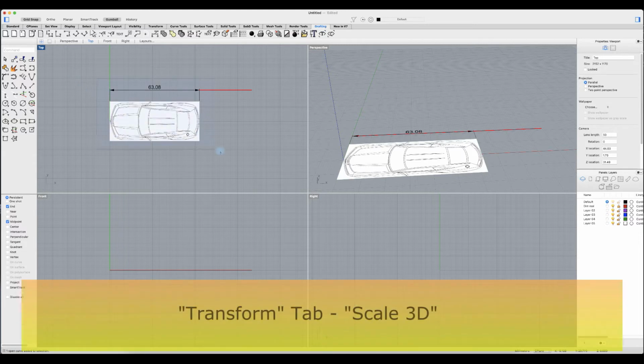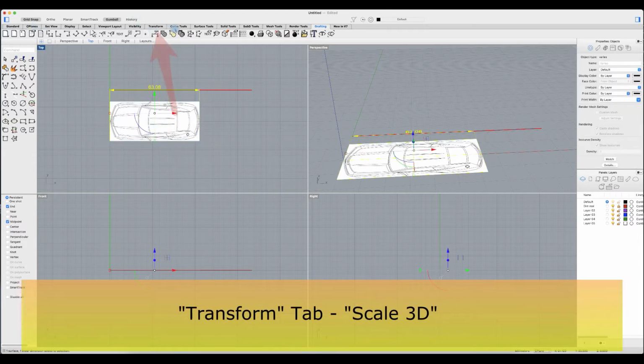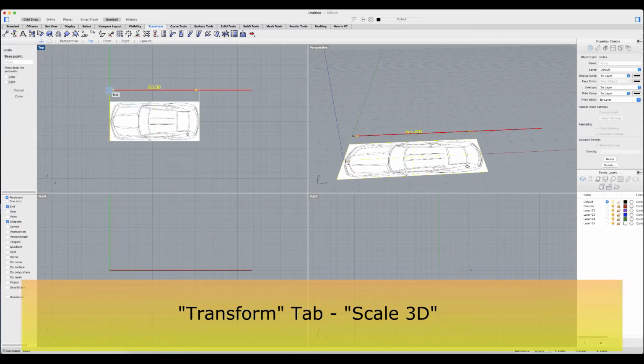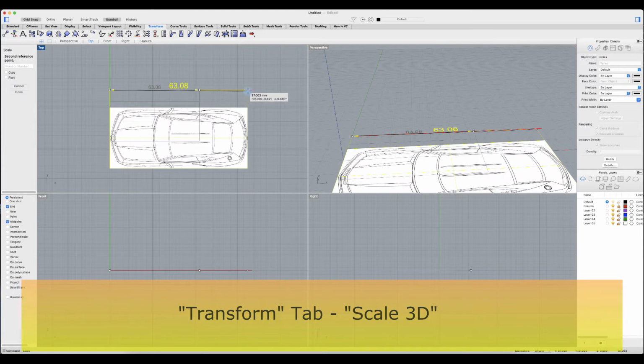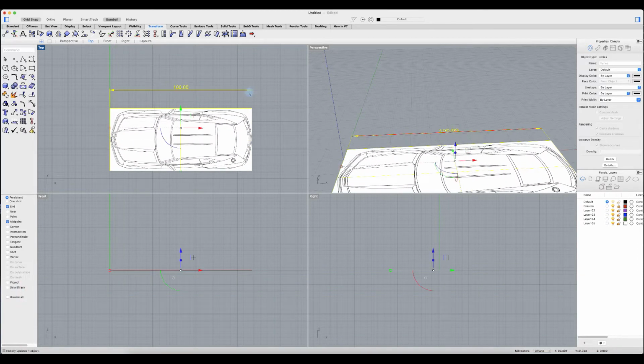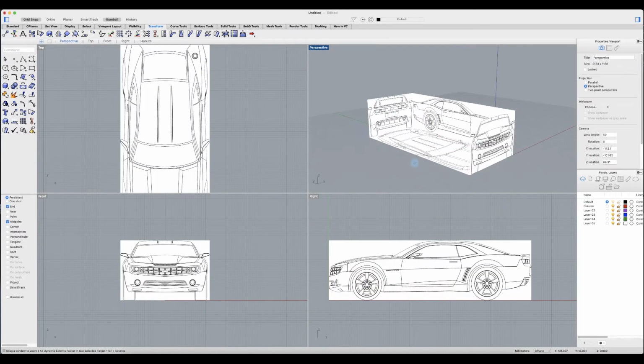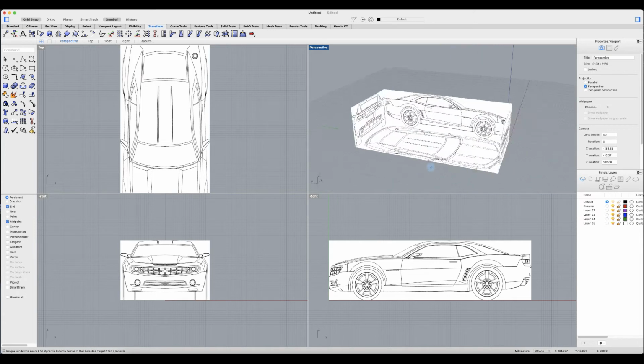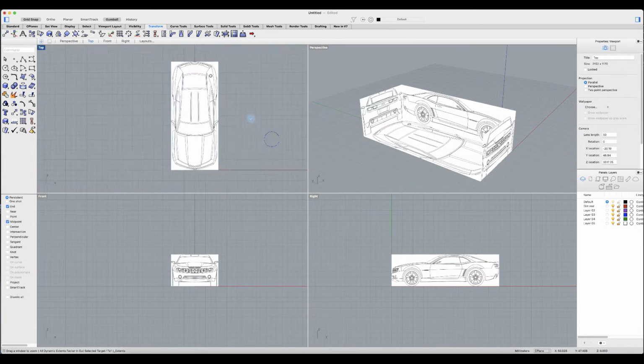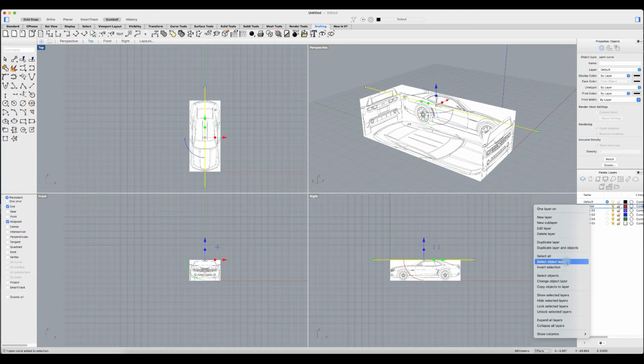I'm going to select all of this, and I'm going to go to transform, my scale tool. I want to go from here to this point, and I'm just going to move my cursor, and now you would see that it's 100 millimeters. We do have all our assets, as you could see, well calibrated, and we really don't need our dimension